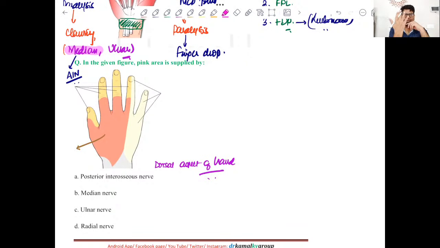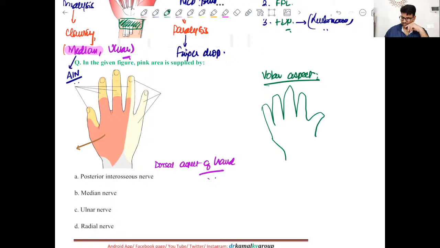So we are discussing the cutaneous distribution of this part, and before we proceed, let us have a recap of the volar aspect. Suppose these are the fingers, so again we know the concept of 3.5, right? So this is all territory of median nerve, and of course the remaining part is all territory of ulnar nerve, right,